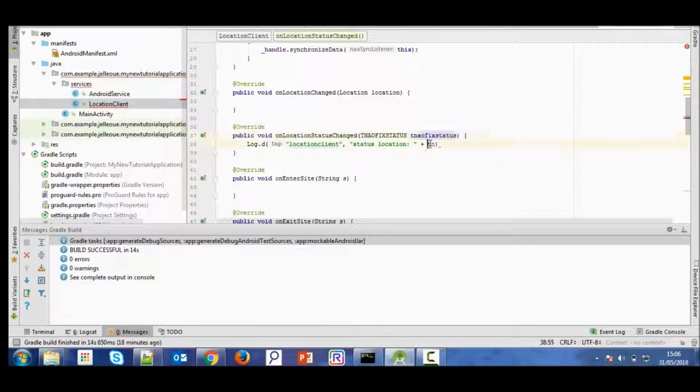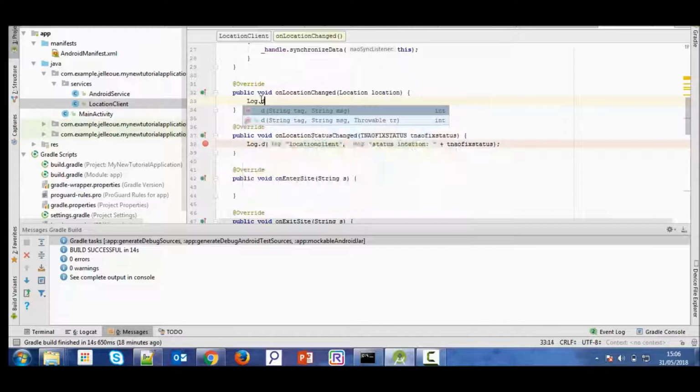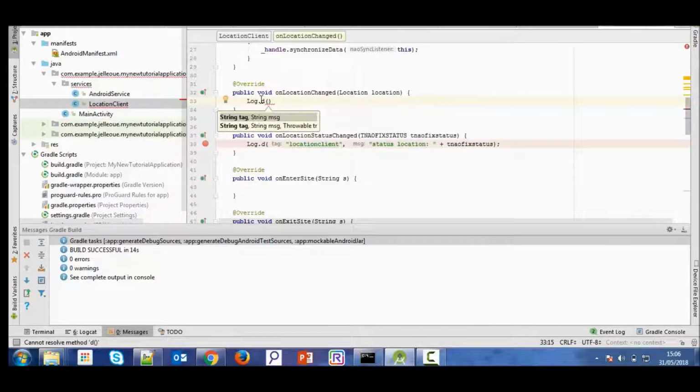Oops. Okay, and after that I will set up a breakpoint also, and here log debug, we will see location client